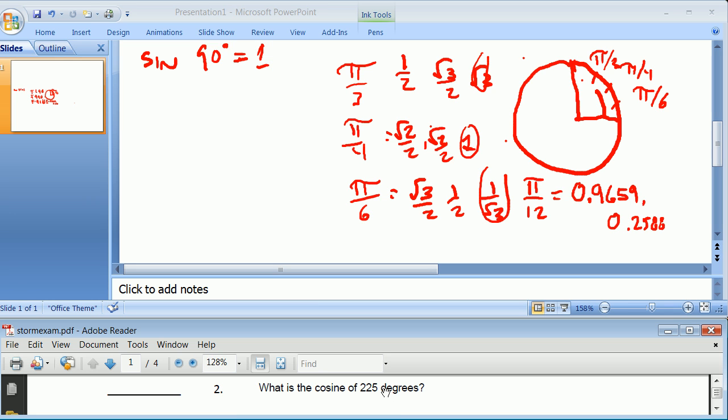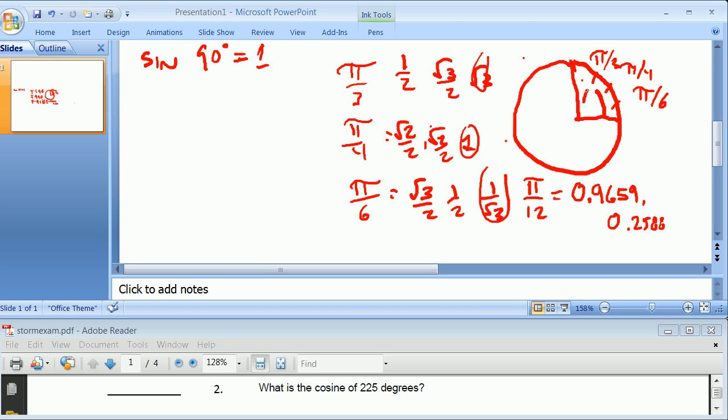If you divide by 180 and take the remainder, you have 45, so it's in the third quadrant, and it's 45 degrees. So it's the square root of 2 over 2, but you have to go back to All Students Take Calculus, or All Seniors Take Chemistry, and realize the cosine of 225 is a negative square root of 2 over 2. Look, it's not just the tangent of 45 you need to know, the other ones as well,